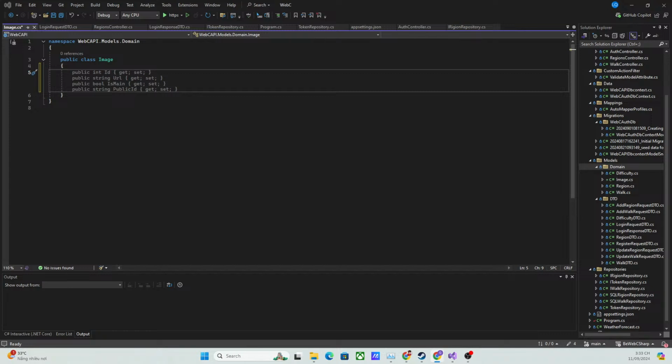is the ID property. So that's a GUID, and the name of the property is ID. After that, we are going to